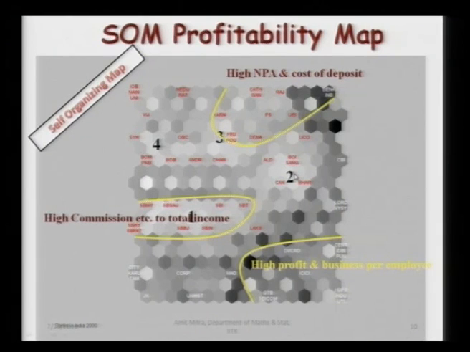Now, the way that clusters are detected from such a self-organizing map is that one looks at patches of shades of white. If two units here are separated by units which have lower shades on a gray scale, that indicates that those two units are closely associated and hence can be put in one single cluster. And thus patches of light shades in such a SOM plane lead us to an interpretation that such areas are associated with the formation of clusters in the data. On the other hand, if we find cases which are in the dark patches,